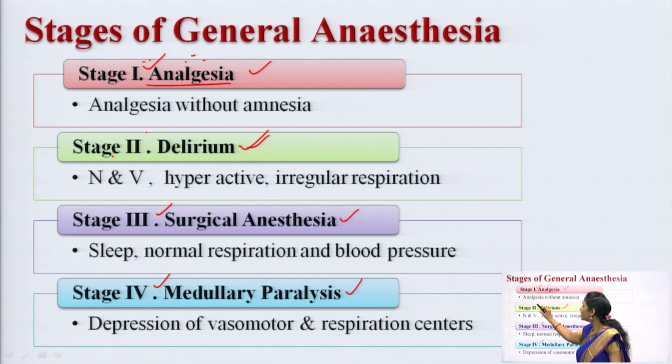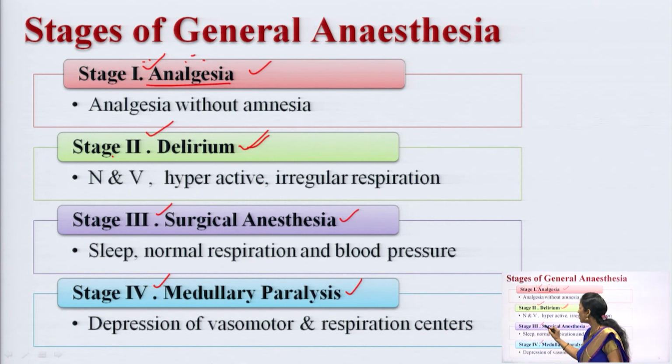So, stage 2 is also called the stage of delirium or stage of excitation. Why is it called a stage of excitation? Because once the person enters stage 2, the person can feel excitement, can induce vomiting, can shout, and cannot cooperate with us. So, here you can see the increase in muscular activity, increase in blood pressure, and hyperventilation, all seen especially in stage 2. All these things can be abolished by giving the pre-anesthetic drug. So, what are the pre-anesthetic drugs? I will explain in the next lecture.